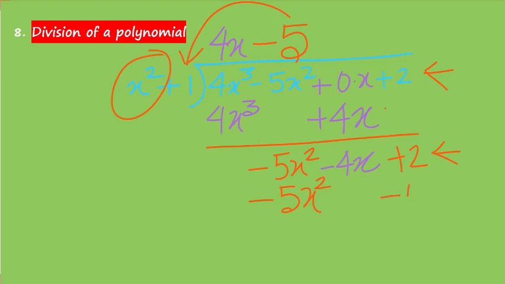So we have to write it below the number, because here the variable part for minus 4x, we don't have any number here, we don't have the x part here, right? Hence that will remain blank in this case. So we have 0 here, so it will just drop down, minus 4x, and this is minus 5, so just consider the opposite. So plus 5 and plus 2 together 7, right? That's it. Now what you see is you have minus 4x plus 7. Why are we not doing it more? Because the degree of the divisor is always greater than the degree of the remainder. This is the remainder